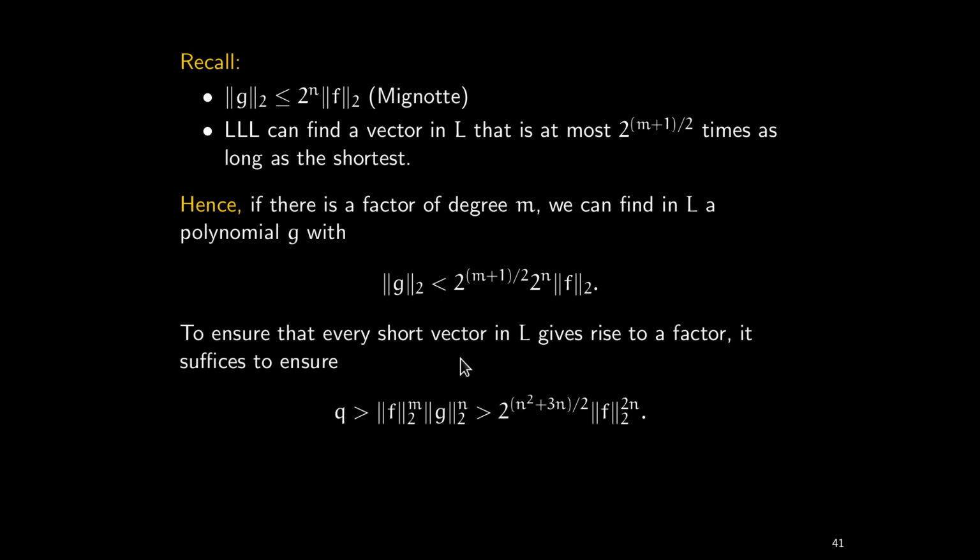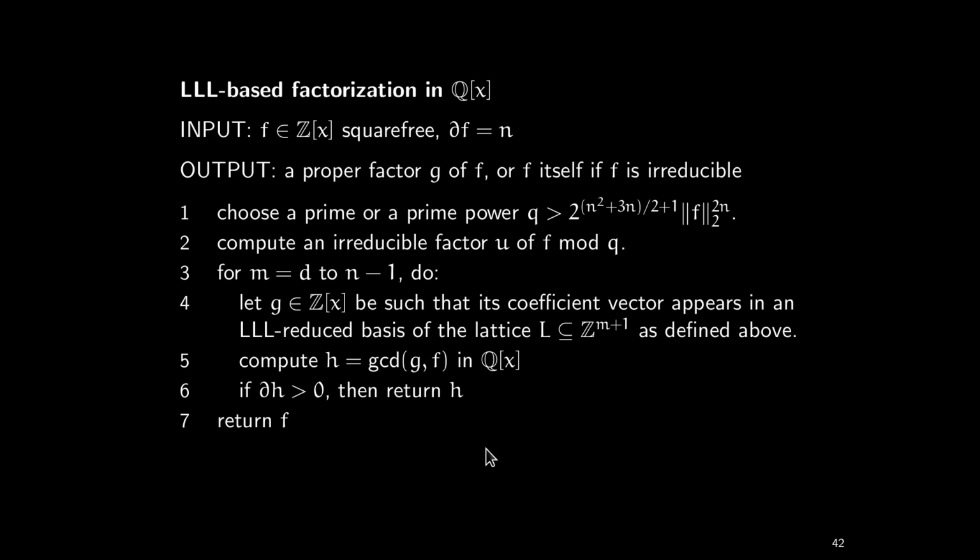Okay, now we have to ensure that LLL doesn't just find some short vector, but we want to be sure that a short vector corresponds to a factor. And we can regulate this by making the q large enough. So we ensure that the q is larger than this, and for this we need this estimate, because we don't know the g, but we have this bound on g. So here is a quantity that depends only on things that we know, the size of f and its degree. So this is how we have to choose the q. And then we get this factorization algorithm